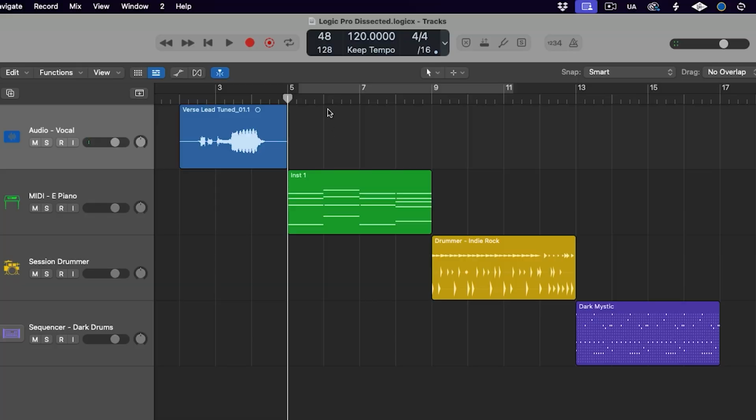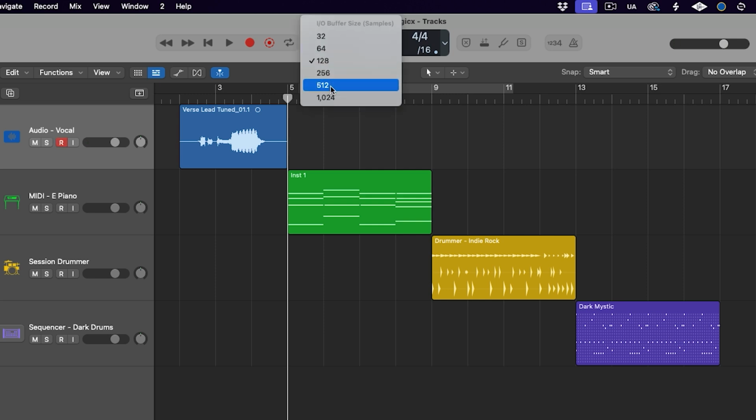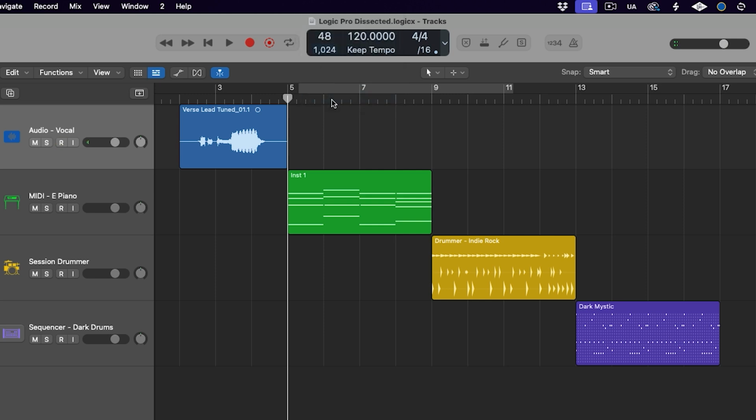A must-have in my opinion, because I really hate having to go through the menus just to confirm that the sample rate is correct. But it also allows us to quickly change the buffer size without having to go menu diving. This can be especially helpful for those of you that are working on underpowered computers that necessitate that dance of lowering the buffer size to record without latency, but then raising the buffer size back up to play complex